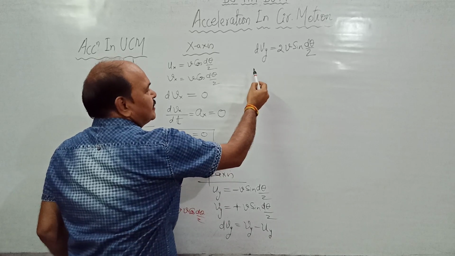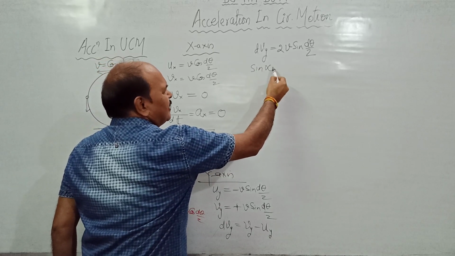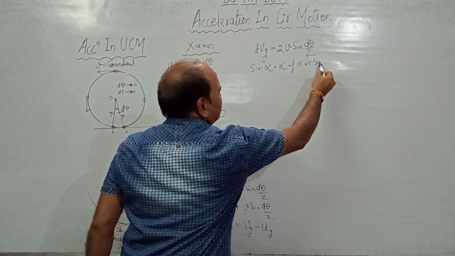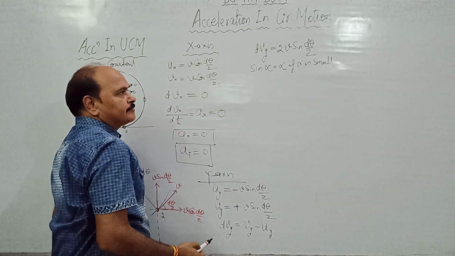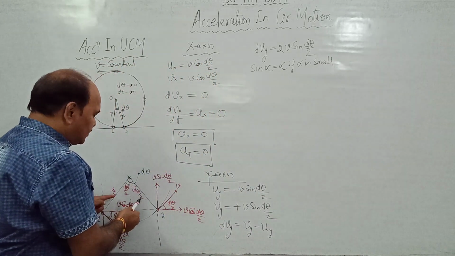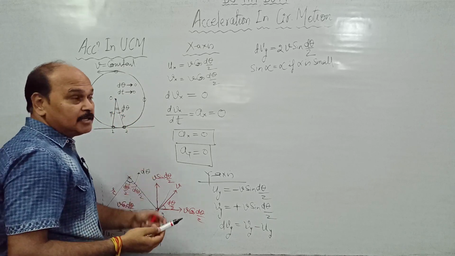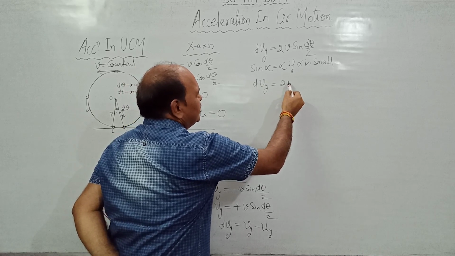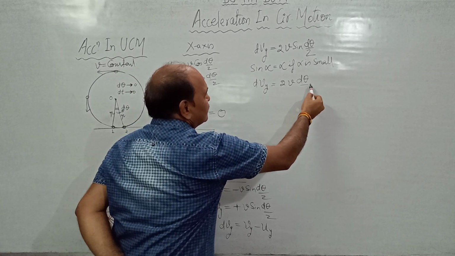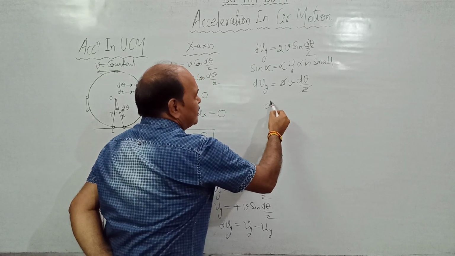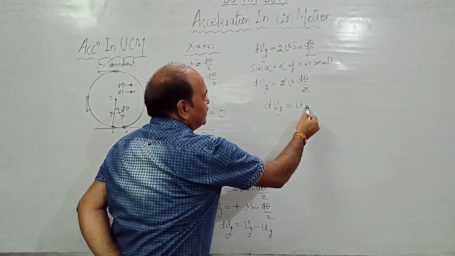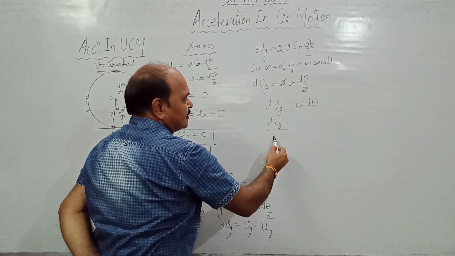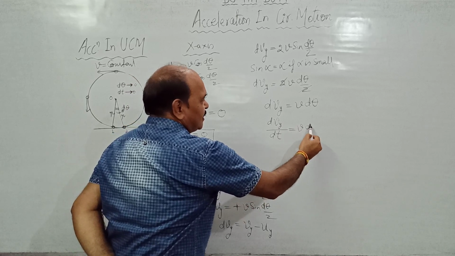Well, we know that sine of any angle, say alpha, is going to be alpha if alpha is small. That is a very well known result. And now this angle d theta is already very, very small. It is infinitely small. Therefore, this dvy can also be written as 2v d theta by 2. You can see that this 2 cancels out. We get dvy as v d theta. And if we divide both sides by the time,